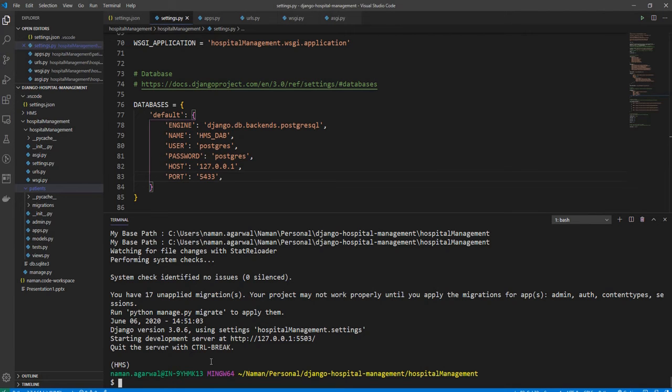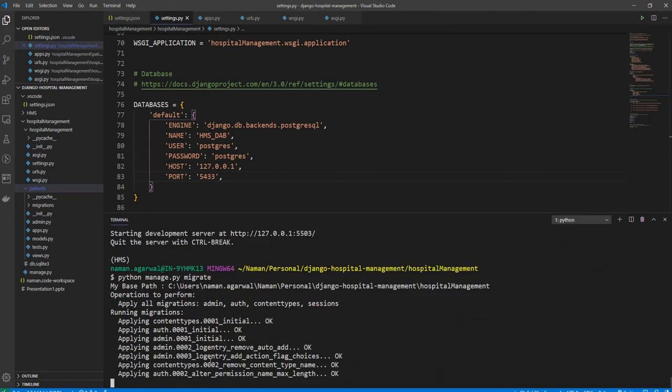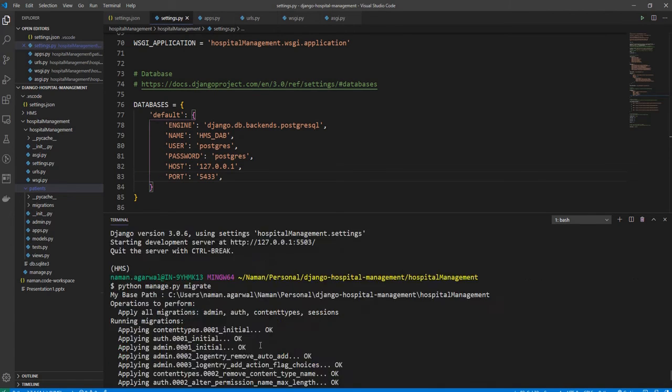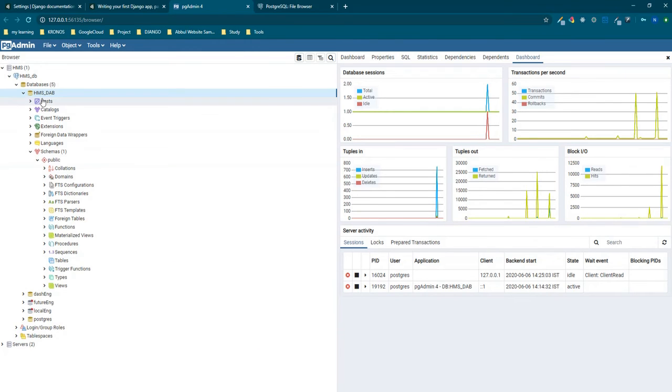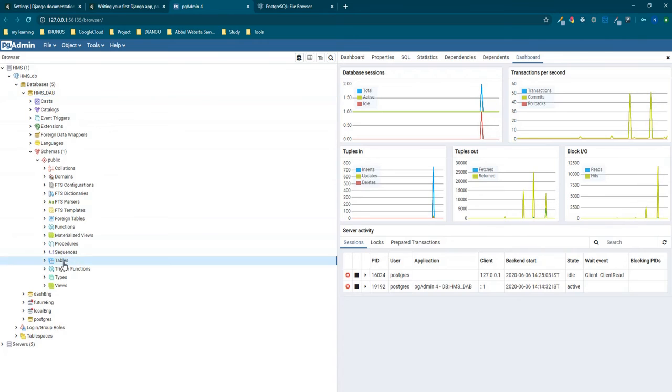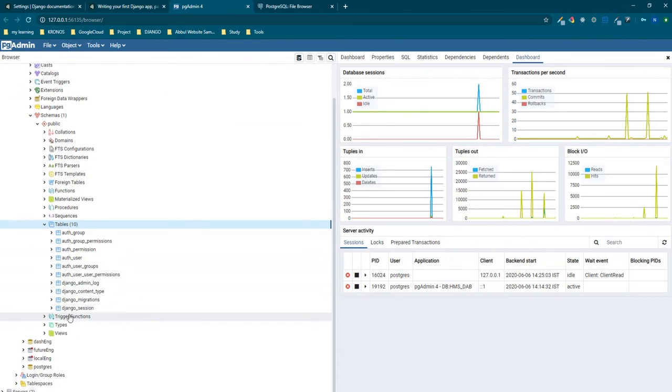So now when I write python manage.py migrate, you can see this has applied all the migrations. These are the basic migrations which are needed for any project. When I right click and click refresh, you can see 10 basic tables have been created.